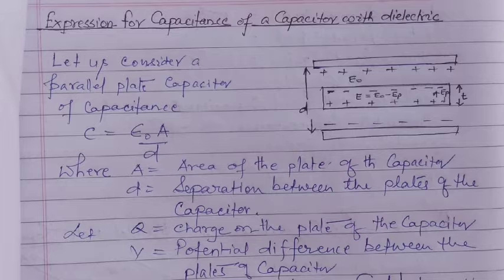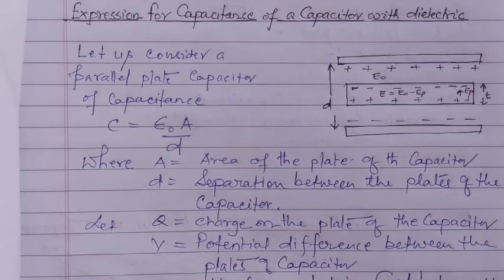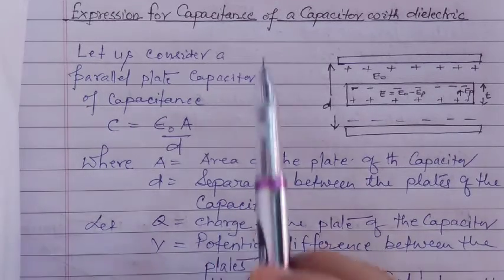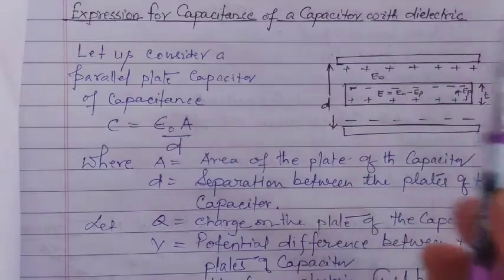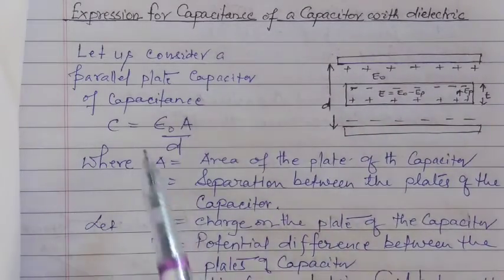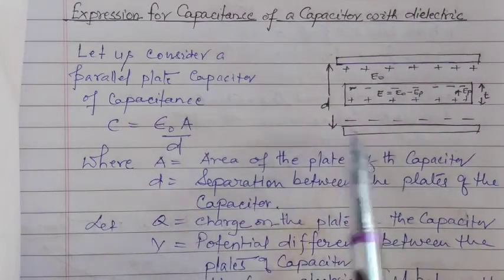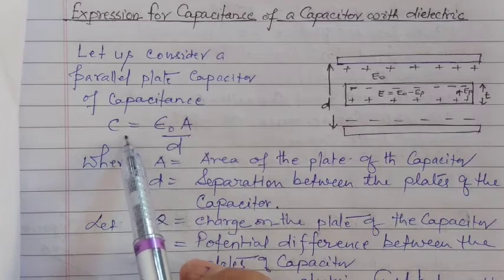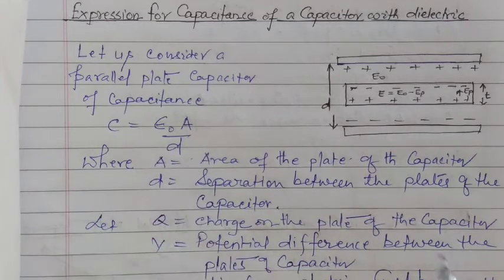Now the expression for capacitance of a capacitor with a dielectric. When a dielectric is introduced between the plates of the capacitor, what will be the expression for capacitance and what will be its effect? That we will see. So let us find the expression for capacitance of a capacitor with dielectric. We have considered a parallel plate capacitor of capacitance C is equal to epsilon naught A by D,